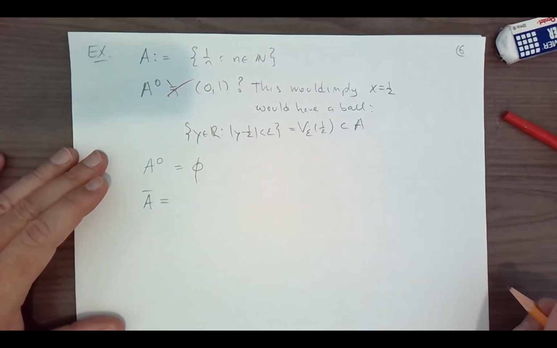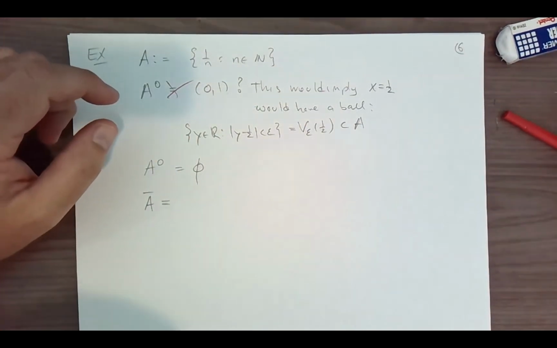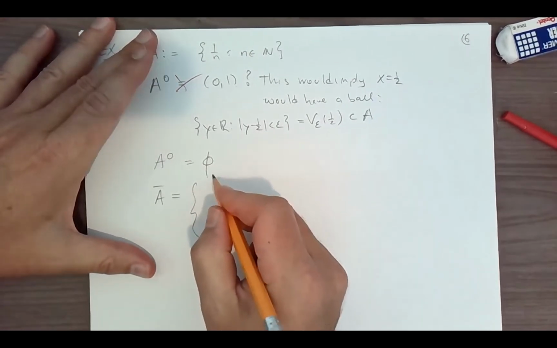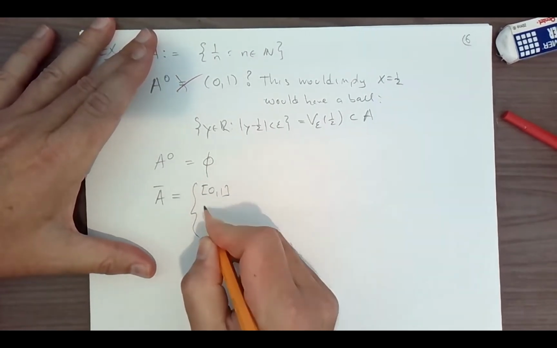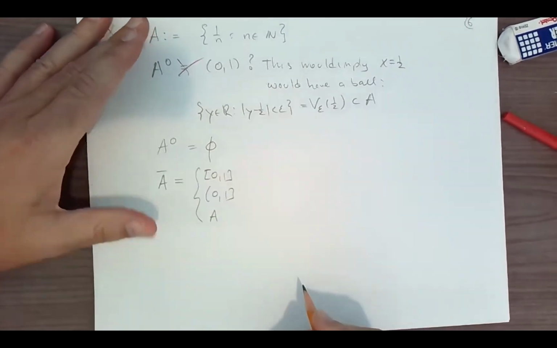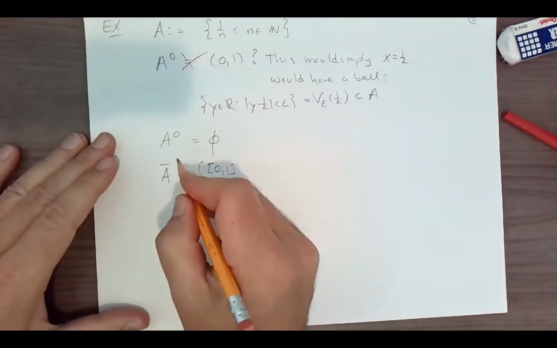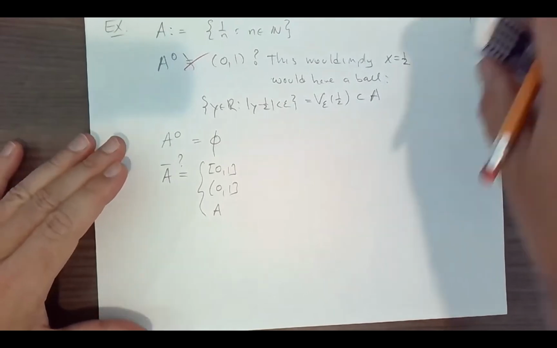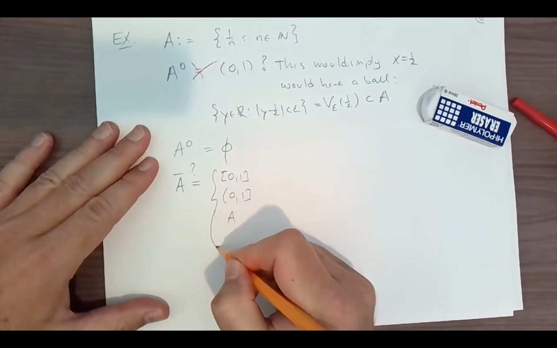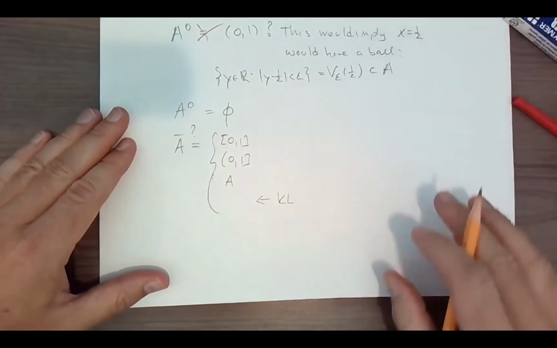So there are two guesses now. The closure, okay, so we have A itself. So we have three guesses now. We have 0, 1, open 0, 1, and we have A. Okay, so which one is it? Maybe there are other people who want to chime in. A itself. I want to leave room for one more. So there's one here. This is my guess. It's down there.